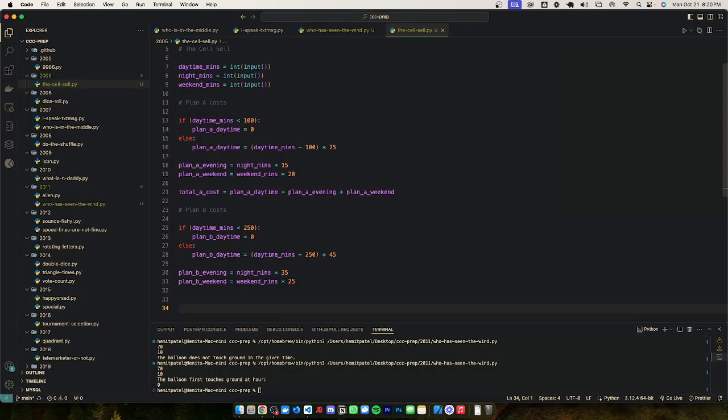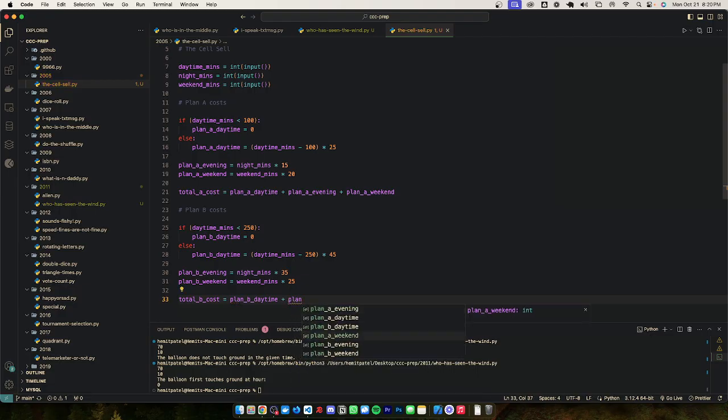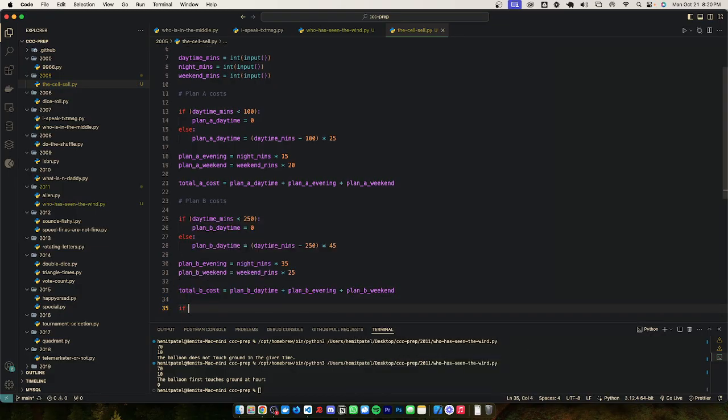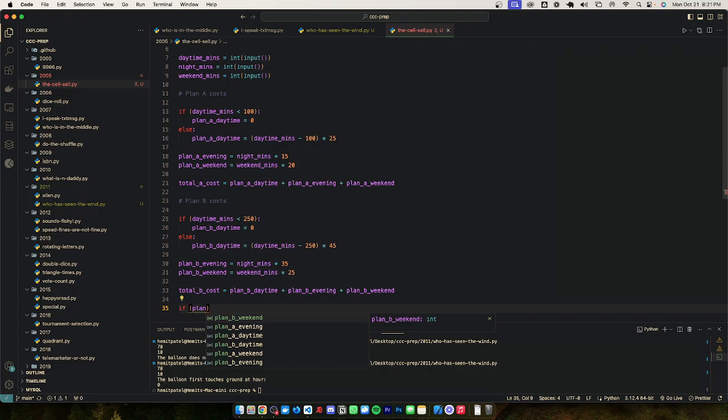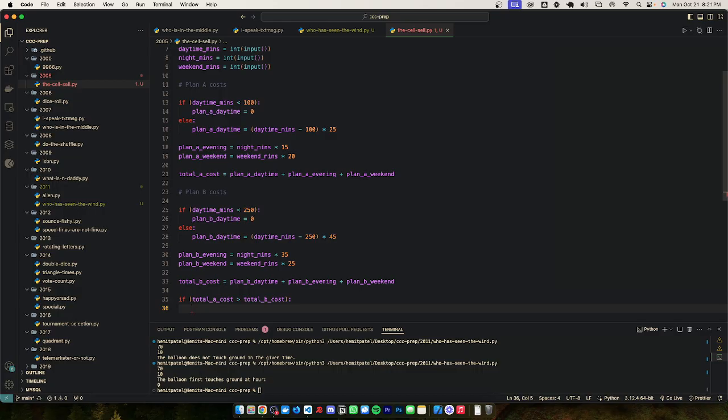But anyways, now I have to do the total B cost, which is going to be plan B daytime plus plan B evening plus plan B weekend. And then all I'm going to say now is if total A is greater than total B, then print